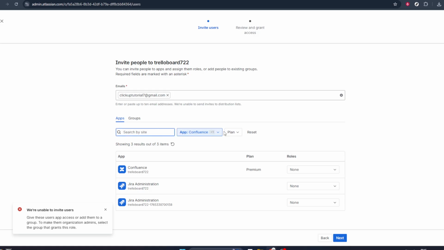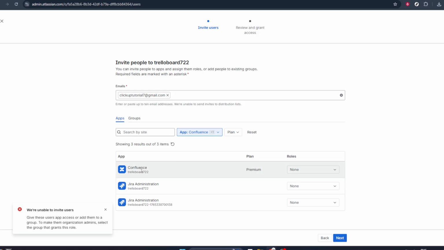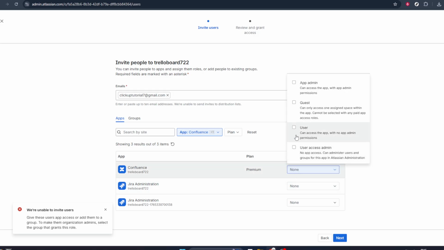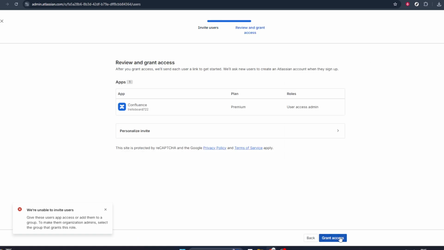Next, you may be asked to choose which products they should have access to, such as Confluence or other Atlassian tools in your organization. Make sure Confluence is selected so they can actually use your spaces and pages. Depending on your setup, you might also assign groups, which can control default permissions, like who can view or edit content. When you're happy with your choices, confirm or send the invitations. Atlassian will email